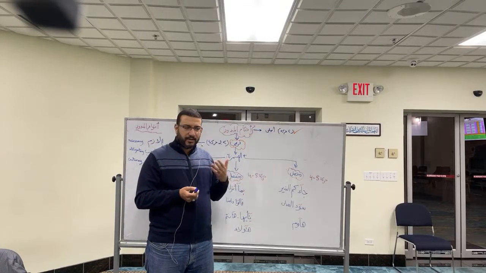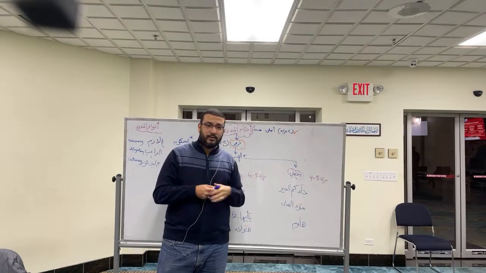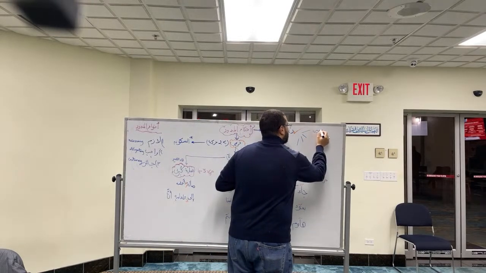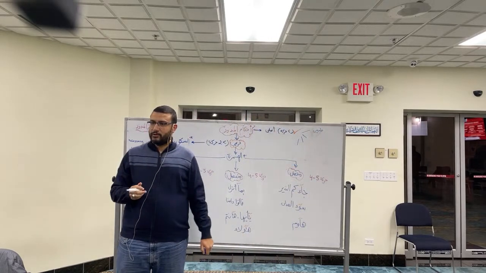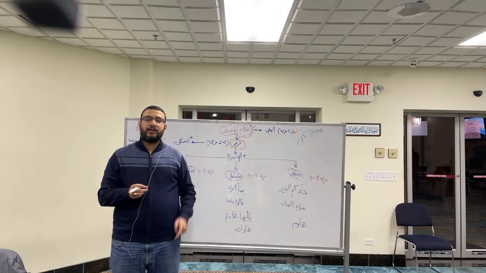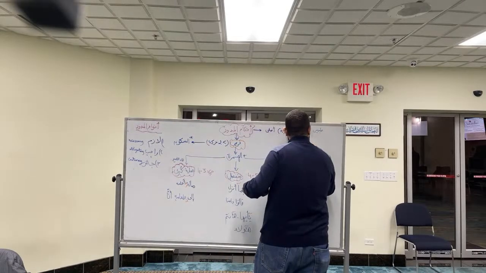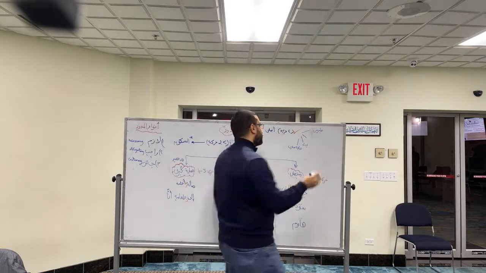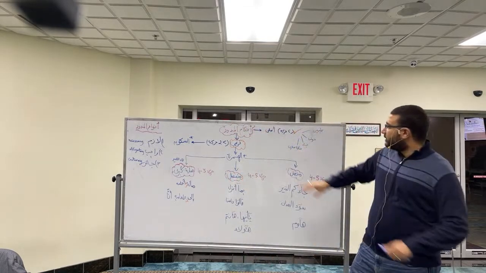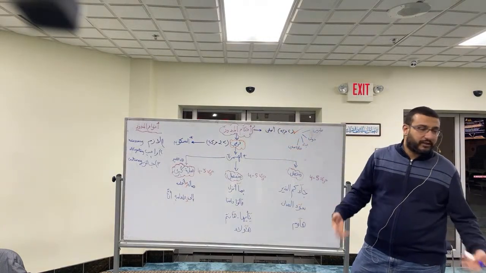You cannot read the word correctly without applying this mad. Does anybody remember the names of those three types of mad which are ancillary to mad al-asli? Mad al-asli is four types. I just said the first one, which is mad al-tabi'i. What were the other three types? Any of them? Because we'll need one of them today. Sila sughra, yes, that's one of them. What else? Badal, mashallah. What's the first one? Iwad, ahsant. Tabi'i, Iwad, Badal, and Sila sughra. All of these are two harakas, right? So that's the end of the mad al-asli, the primary mad, which you have to do. It's just an integral part of the recitation.